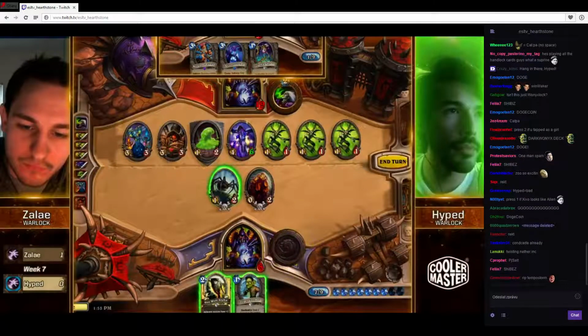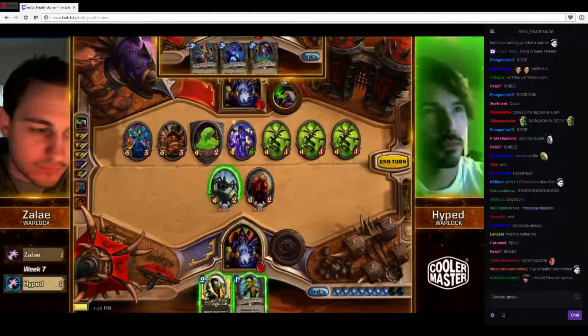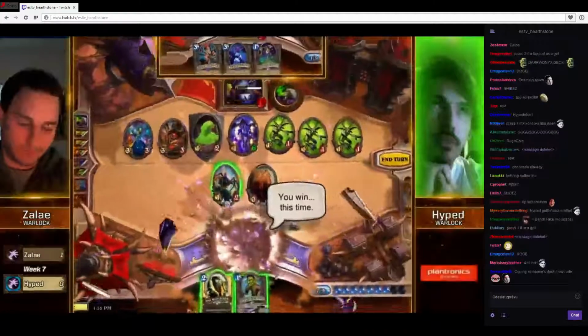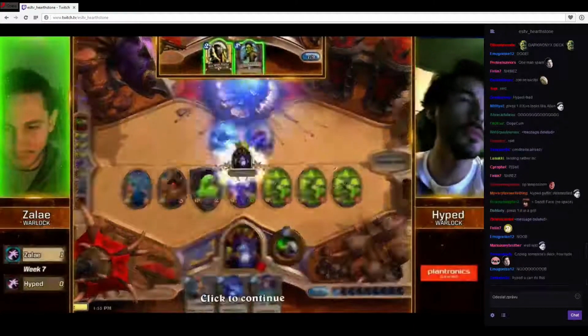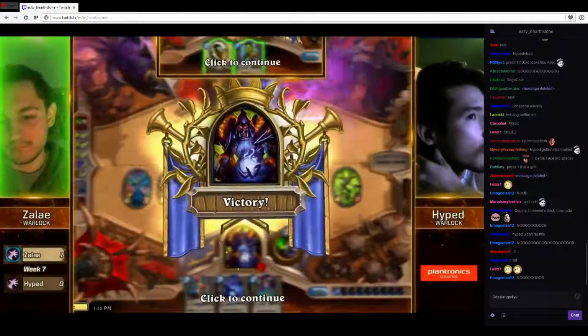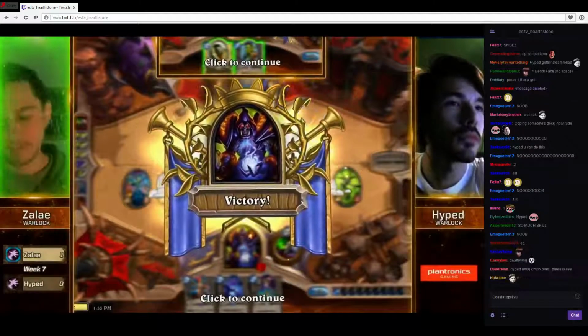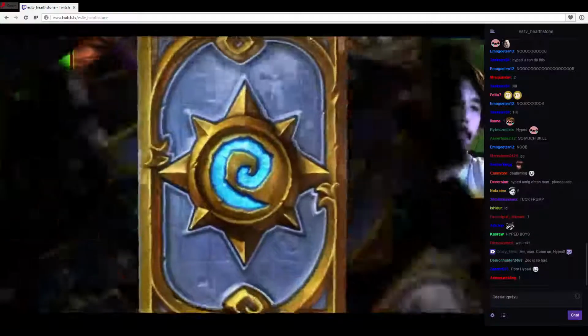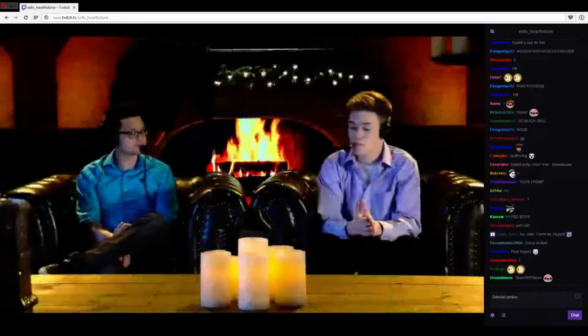The Leper Gnome is not going to do it, so that wraps up game 2, and Zalae already jumps out to a 2-0 lead. Here, we're looking at potentially another 3-0. Yeah, definitely. Very far ahead at this point, and this is single elimination now, so if Hype loses one more game, he is eliminated from the tournament. So we'll see. It's going to be Mage versus